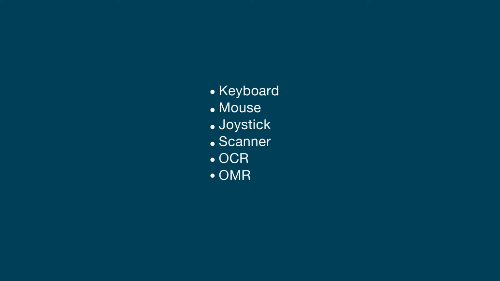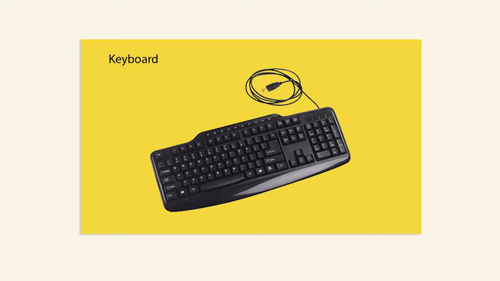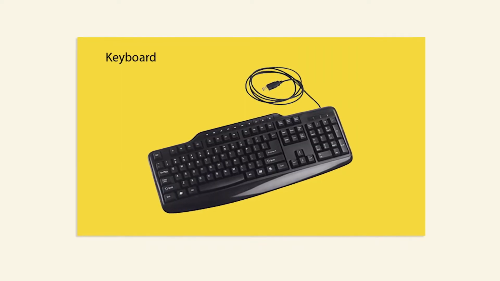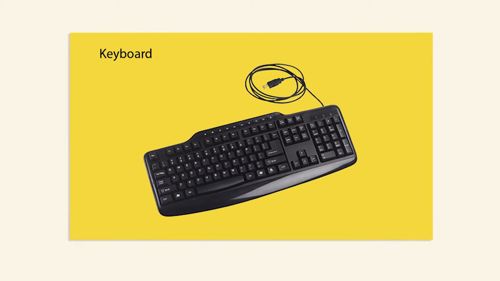Following are some of the important input devices which are used in a computer: keyboard, mouse, joystick, scanner, OCR and OMR. Keyboard. The keyboard is the most common and very popular input device which helps to input data to the computer. The layout of the keyboard is like that of a traditional typewriter, although there are some additional keys provided for performing additional functions. Keyboards are of two sizes, 84 keys or 101 or 102 keys, but now keyboards with 104 keys or 108 keys are also available for Windows and Internet.